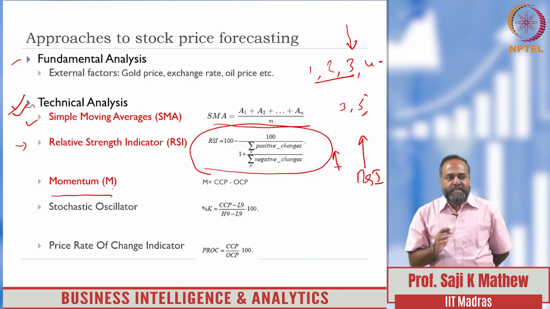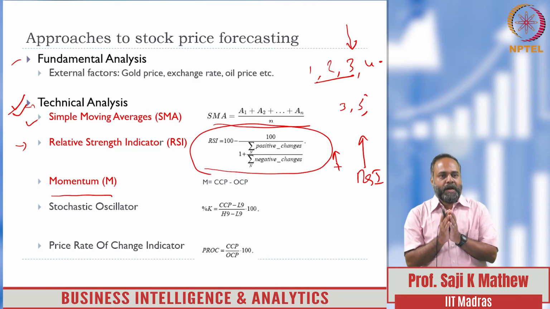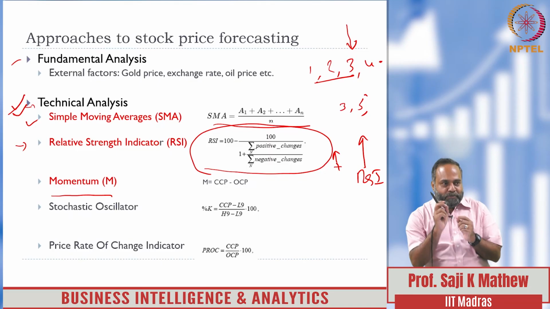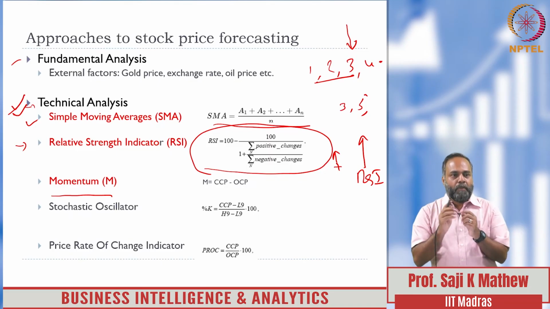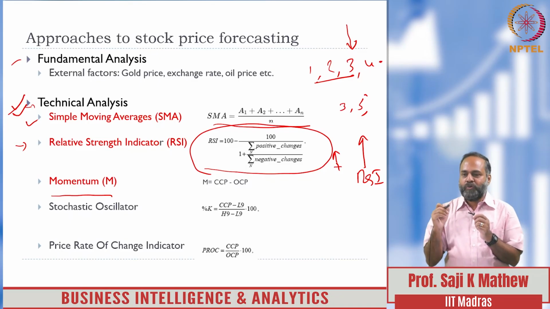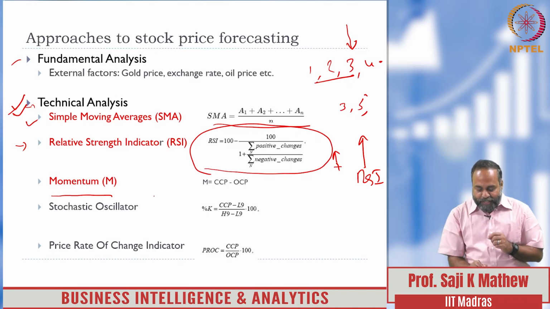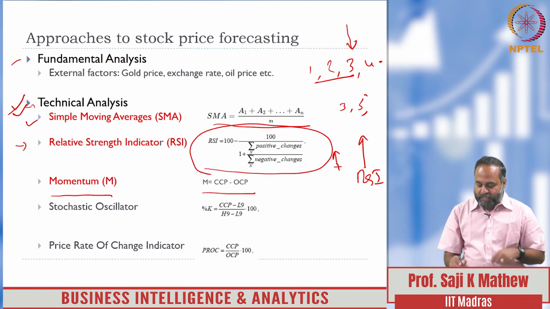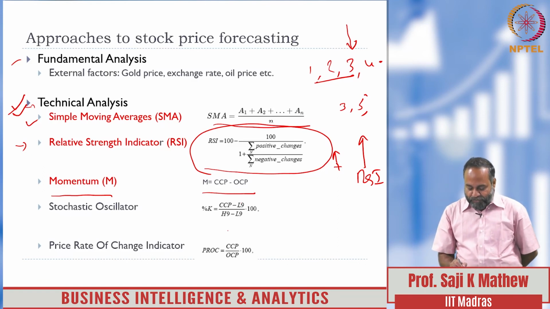In all these indicators, what is interesting for a stock price is how the series is moving, not the absolute value of a time series at a point in time, but the movement. The movement is more interesting or useful than the values itself. Therefore there are indicators like momentum, which is current closing price minus old closing price, CCP minus OCP, and